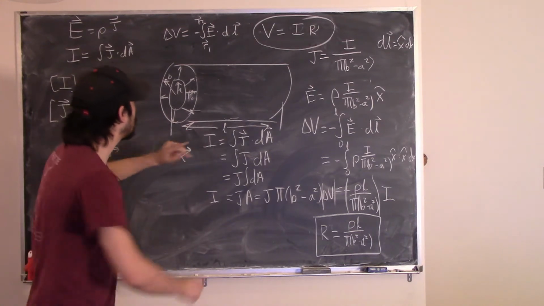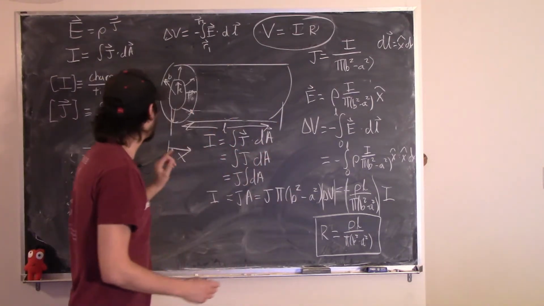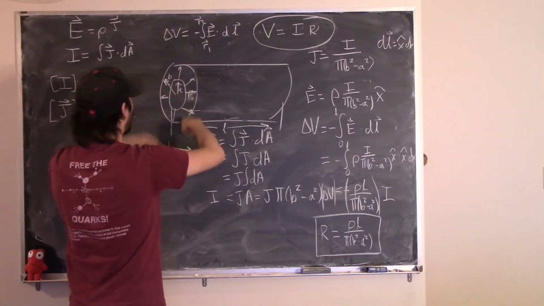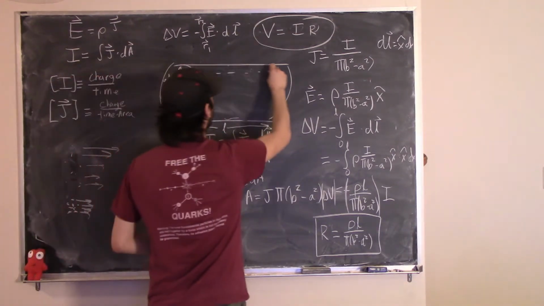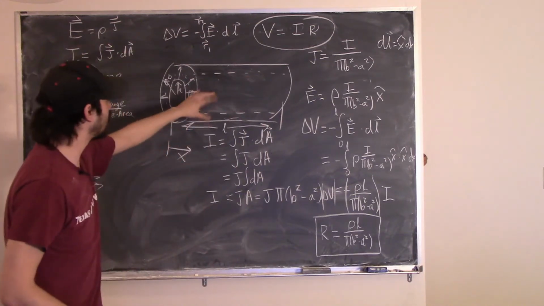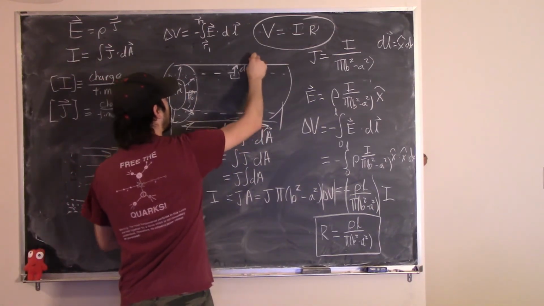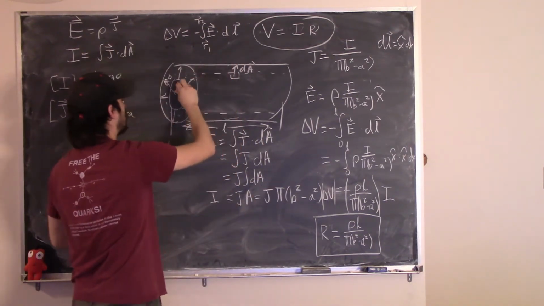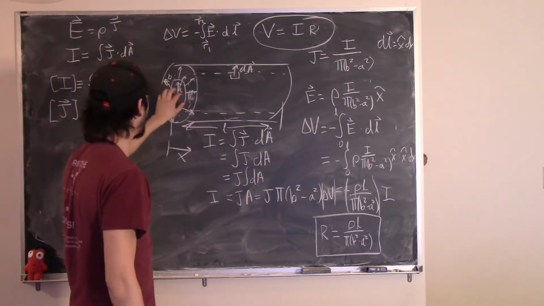But what it's going to change is what the area that the current density is flowing through. And the way that we can see that is we have the current going radially outward like this, there's some surface very similar to a Gaussian surface that we can draw that parameterizes what the area that this flows through. So there's going to be some infinitesimal area that's around the outside of this, this shell of area that has